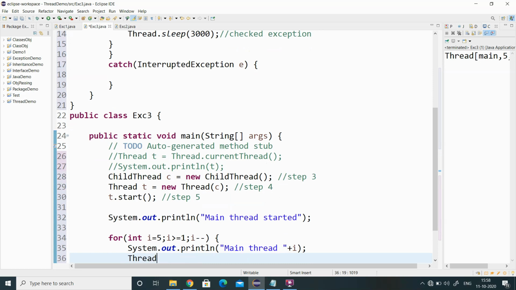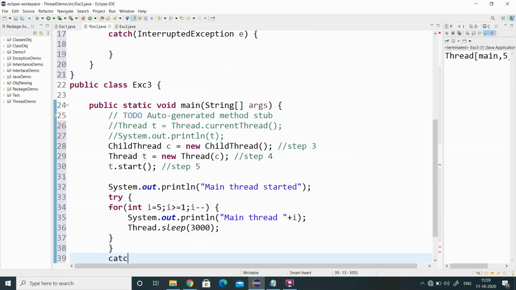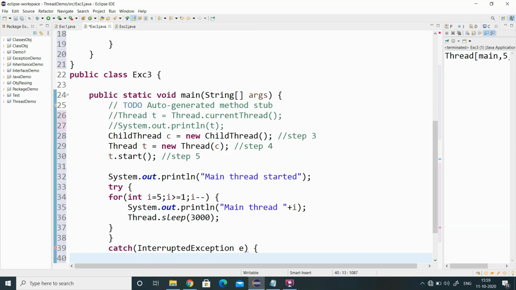This also I need to print with an interval, so Thread.sleep(3000), and this again is a checked exception, so we need to put try and the corresponding catch block, InterruptedException e. Now our program is ready to create the child thread in the main program.